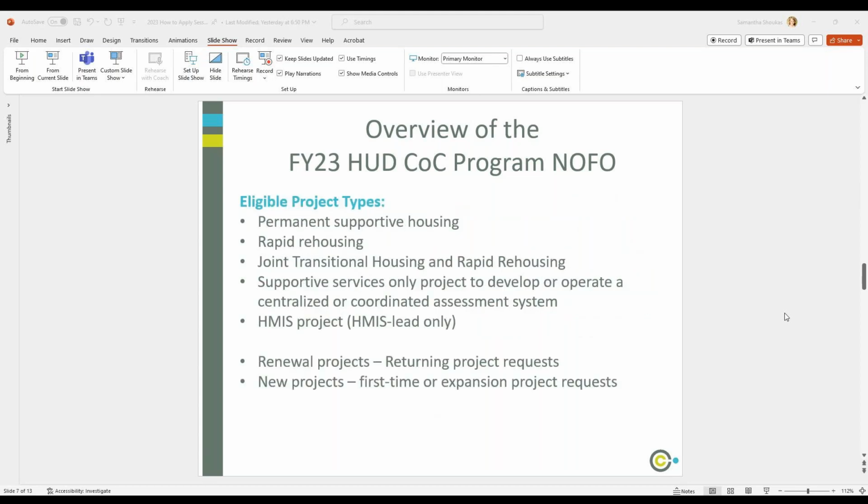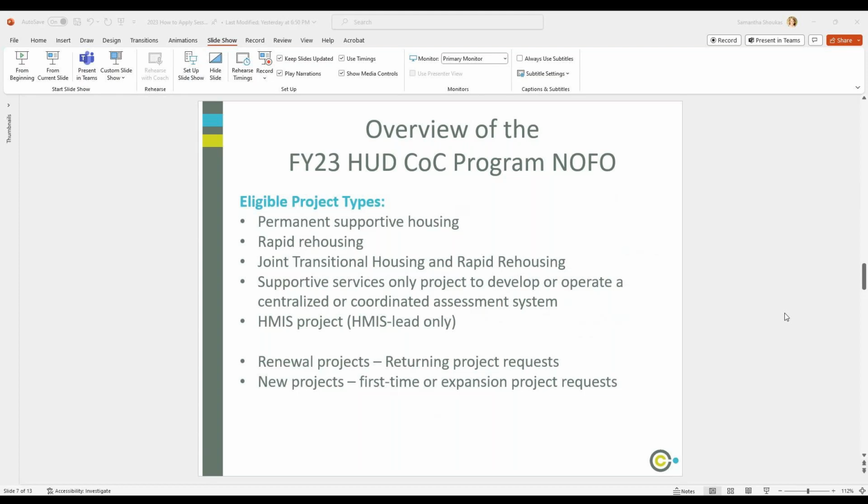Eligible project types under this program are permanent supportive housing. So that includes housing, usually master leased, but housing with intensive case management. There is no time frame on that housing, so people use it as long as they need it. Usually, it's targeted towards our chronically homeless folks, and so folks usually remain in that project for a number of years. That project can pay for things like case management, the actual leasing, utilities, and all of that support that comes with focusing on those people.